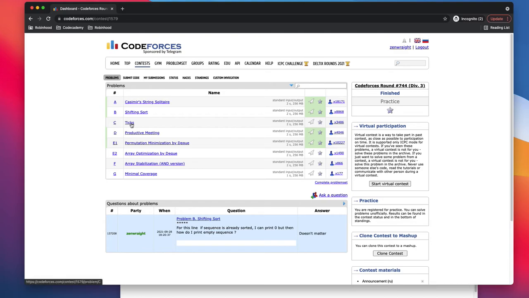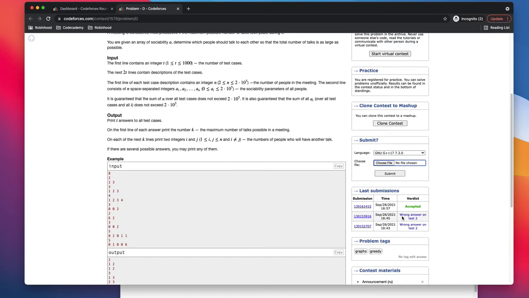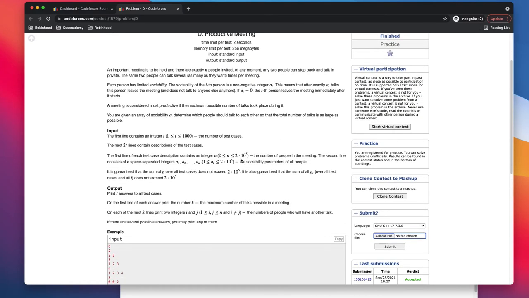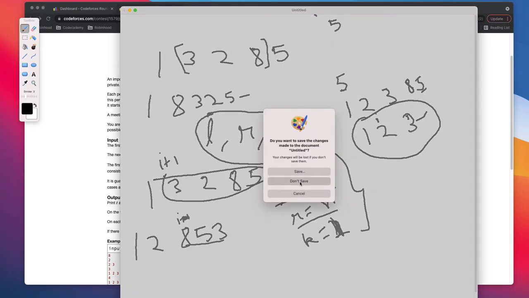I didn't get time to think about this question. I understood what the question is asking for, but couldn't come up with anything. The next question I was able to solve was D. As you can see I did struggle a bit, but it's kind of easy if you see. So what does the question say? Let me remove this.